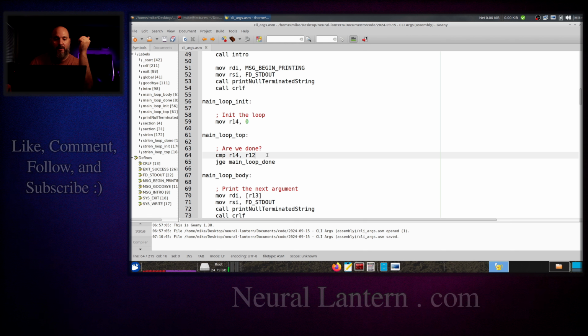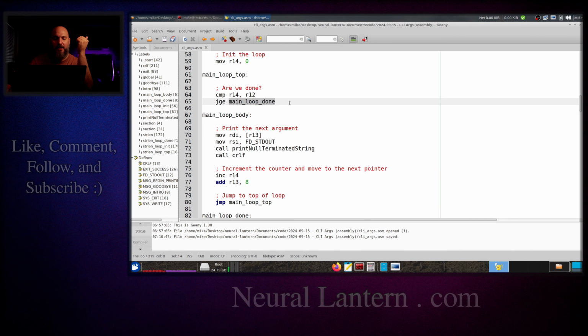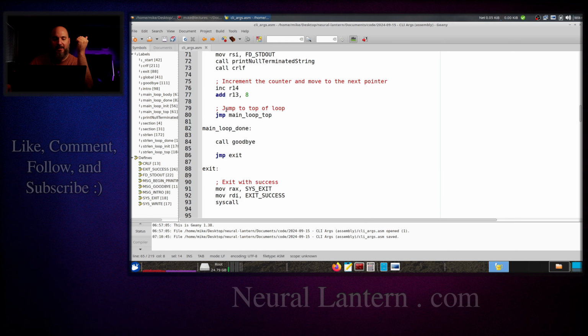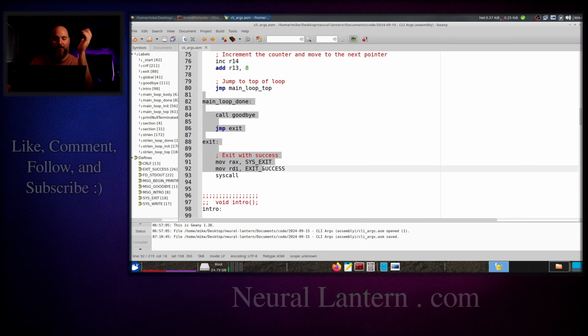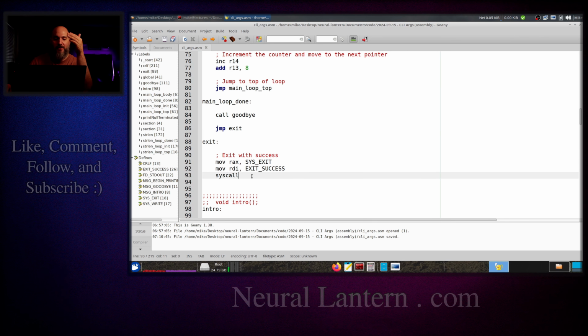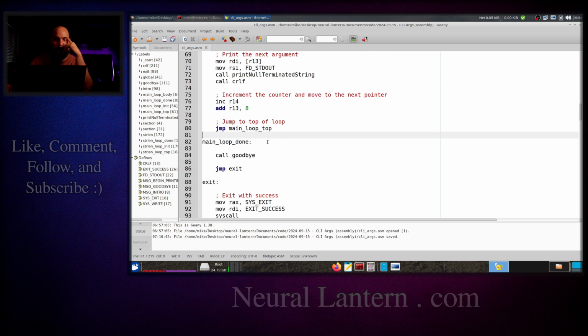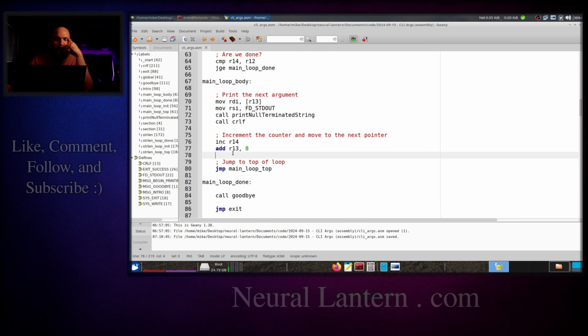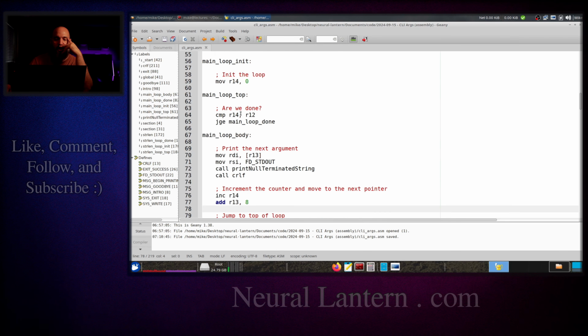I'm saying, if we're done, then jump to the done label, basically. What's the done label? It's main loop done. All it really does is it says goodbye, and then it just exits the program with a system call. Again, I have other videos that explain system calls and all that stuff. So if we're done, we jump down to the done area, but if not, then execution will fall through